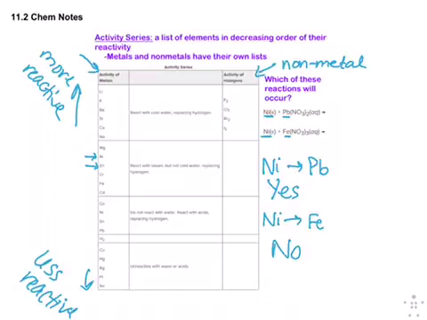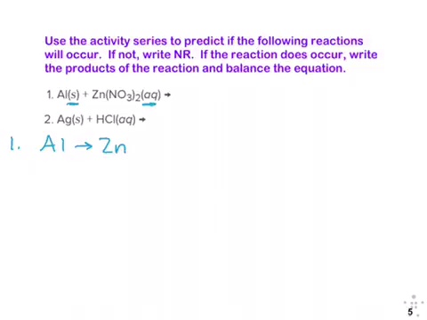Is aluminum more reactive than zinc? Yes, so the reaction will happen. So we have Al(s) plus Zn(NO3)2 aqueous, and we get zinc by itself, and then